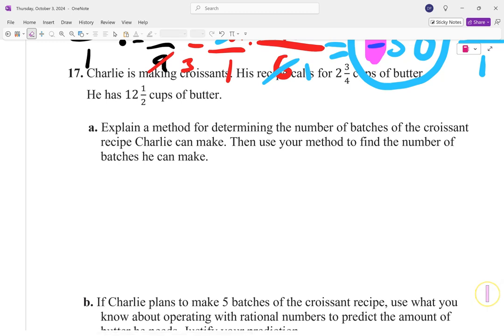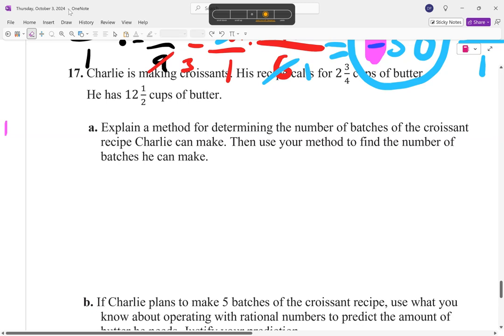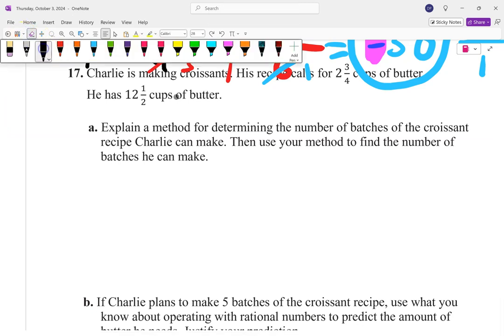Charlie is making croissants. His recipe calls for 2 3/4 cups of butter. Okay, and he has that much. All right. Explain a method for determining the number of batches of the croissant recipe Charlie can make. All right, so I think I'll just say one method that I would like to use for my number sense. For me,